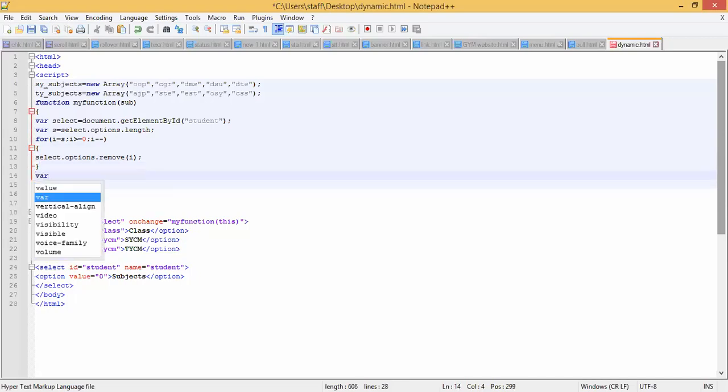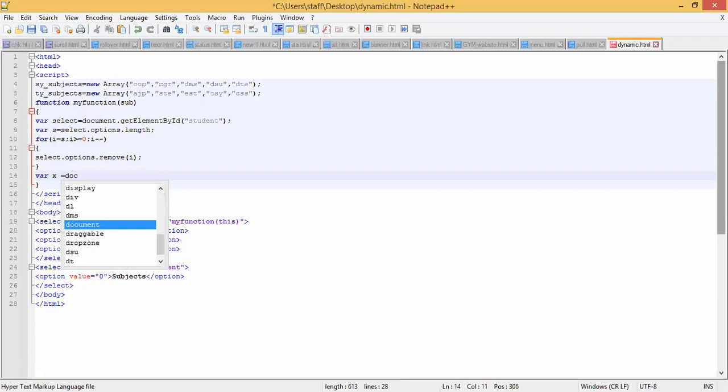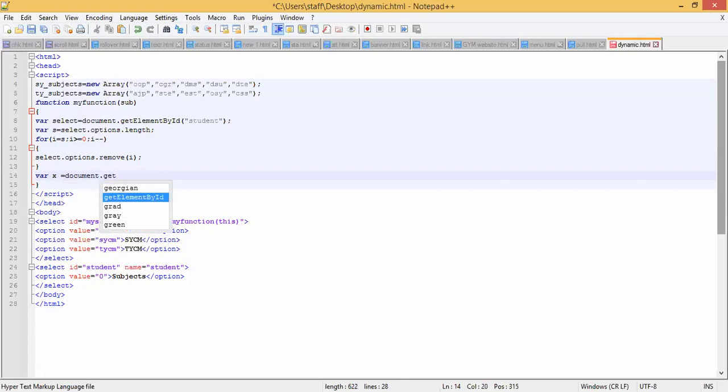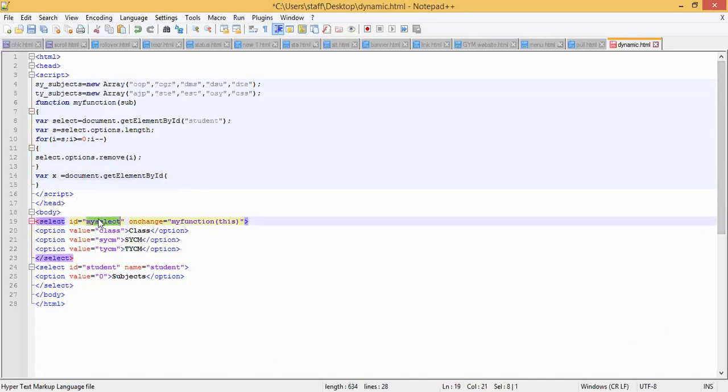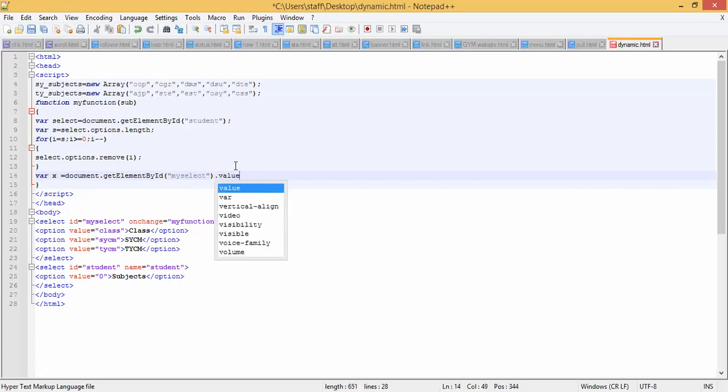We will do the coding for my select value. For that I will be taking document dot get element by ID. In this I am passing my select, which means the value of this we are taking, my select, and then dot value, means the value of that option will be there.